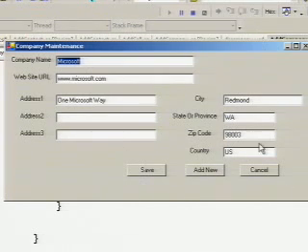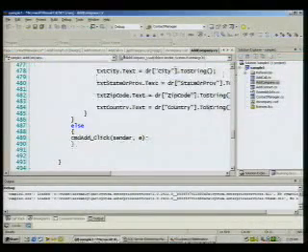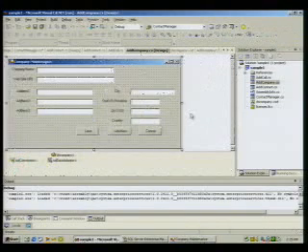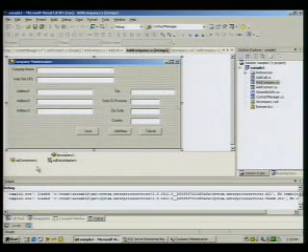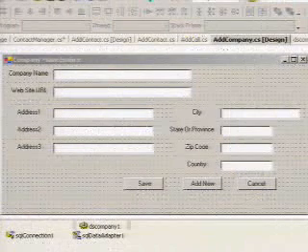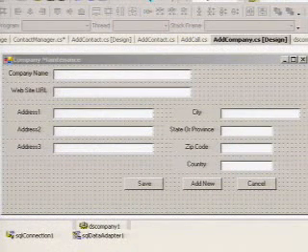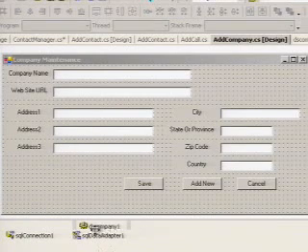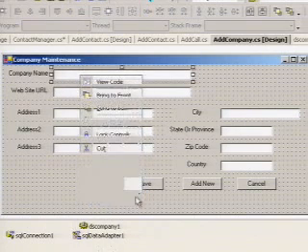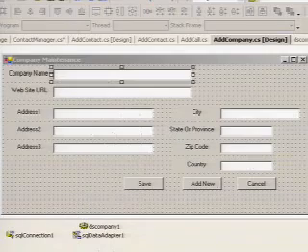Let me jump into the actual view of what it looks like when you're in design time. In design time, you'll see something slightly different here. You'll now see down below that I have these particular objects, which set up my binding for this particular form to the data set that I'm using. And in this particular case, I've called the data set DS Company 1. And you'll see that on each one of my properties, I actually have binding